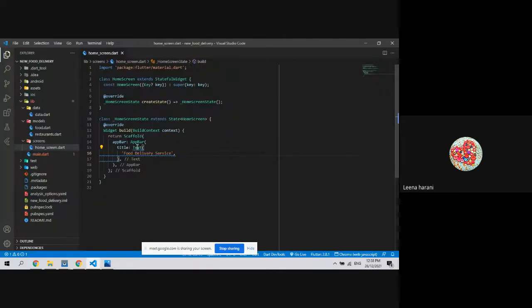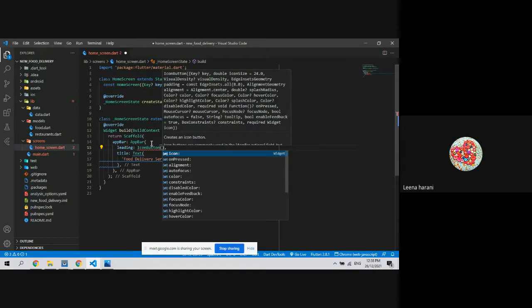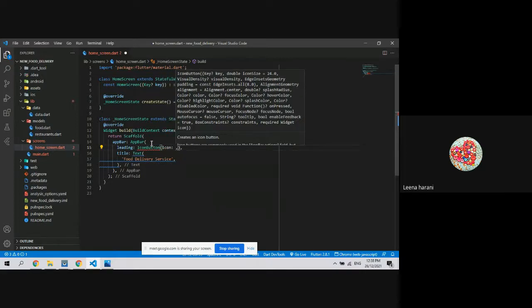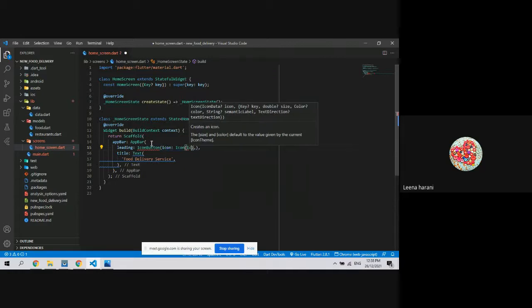So for this icon, we have another property that is leading. And inside of this leading, we have icon button because it's a button. And this icon button can have this icon,